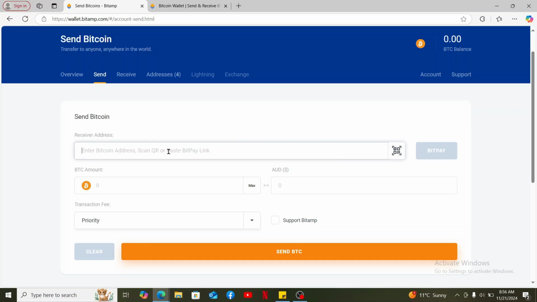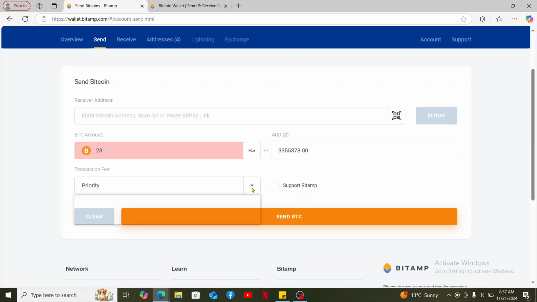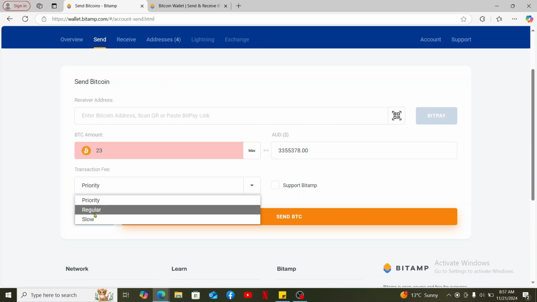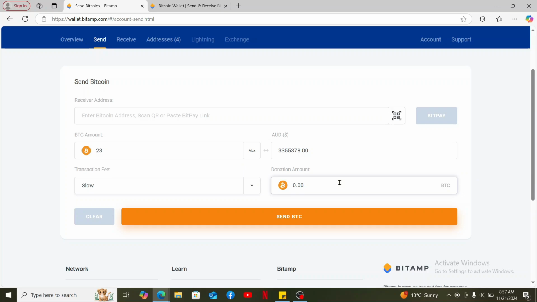After typing down your receiver's address, go to the next field where it says BTC amount. Enter the amount of Bitcoin you are willing to send in the text box, and it will be translated into your fiat currency. Choose your transaction fee option from priority, regular to slow, and if you want to support Bitamp,